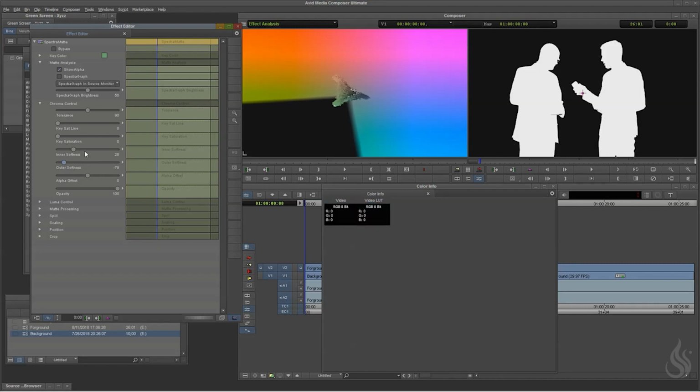Now that we have this clean alpha, we'll be thinking, okay, so what are the other parameters? In most cases, an utter waste of space, right? And this is not the only keyer, this is not the only software. You're going to find it in Adobe Premiere and a few other applications, that some parameters are a waste of space. So if you are going to tweak key saturation line,